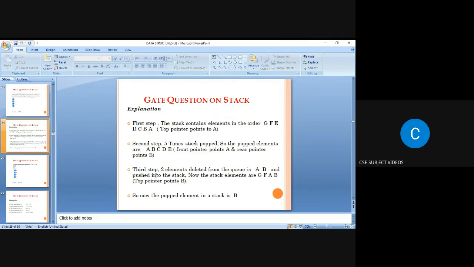And the third step is 2 elements are deleted from the queue, that is A and B. So in the queue concept, the deletion can be done in the front end, and the insertion can be done in the rear end. So the 2 elements deleted from the queue are A and B,